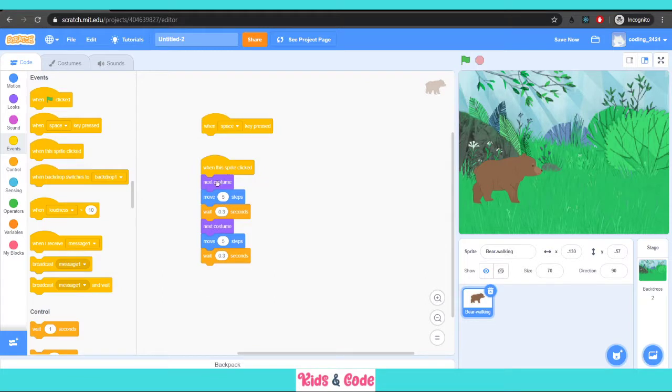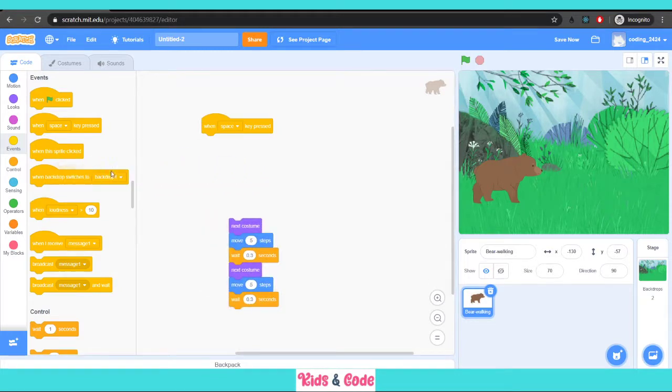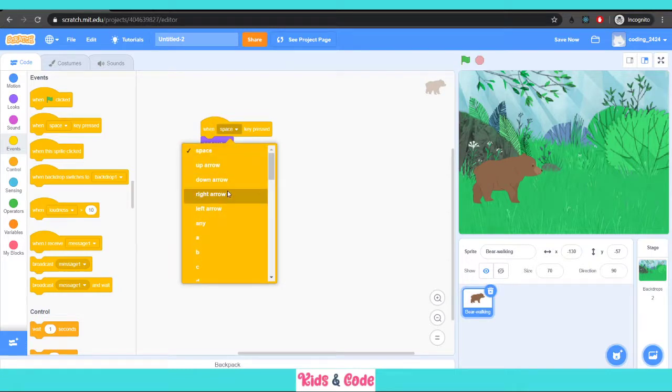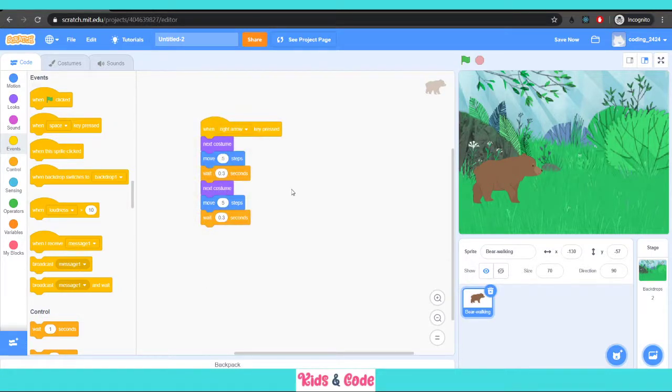That is also an option. I'll just say when I press the right arrow key, it should move in the right direction. So now when I press the right arrow key, I see a walking motion from the bear, a very elegant walking motion. So we created an animation using Scratch.